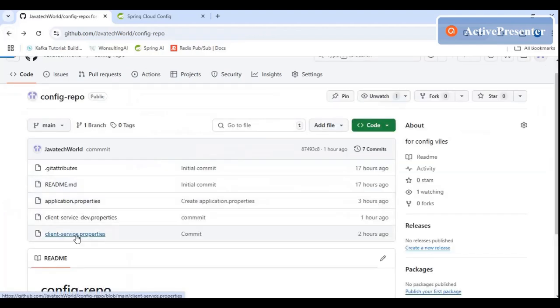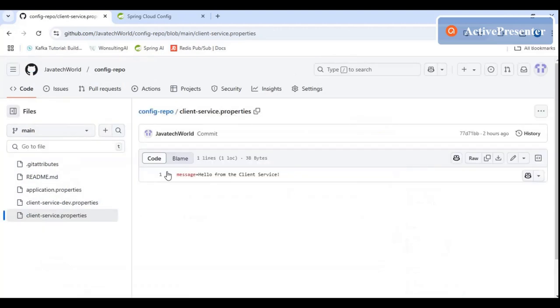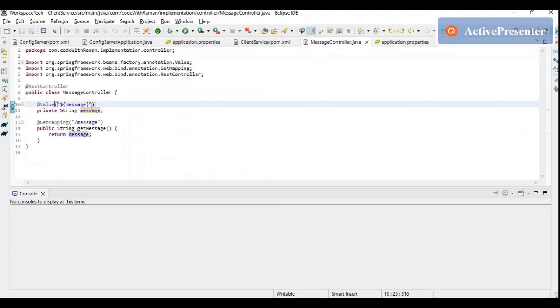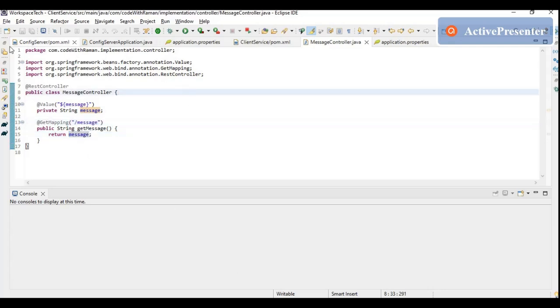And if I go back to client service, it will say message equals hello from client service, right? So this message key is being picked from these properties, and then it is being supplied to this particular controller, and this controller will show us the message when we hit this endpoint, right? So now we are ready with our applications.